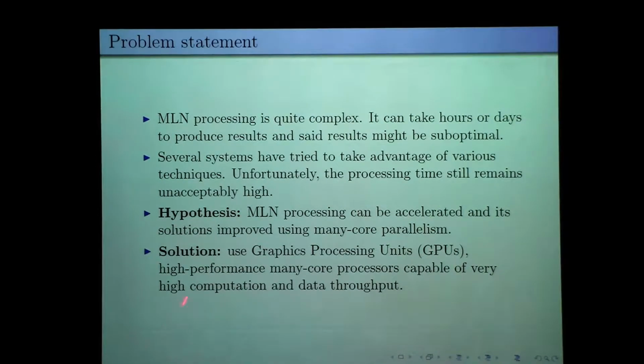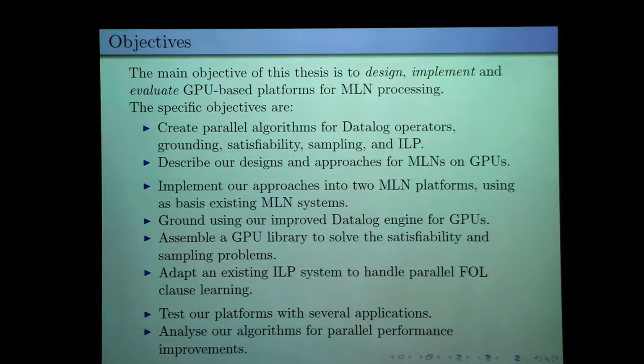So our hypothesis is that MLN processing can be accelerated, and the solutions also improved, using many-core massive parallelism. And this can be achieved using graphics processing units, which are high-performance many-core processors capable of very high computation and data properties. The objective of this work was to design, implement, and evaluate a GPU-based platform for MLN